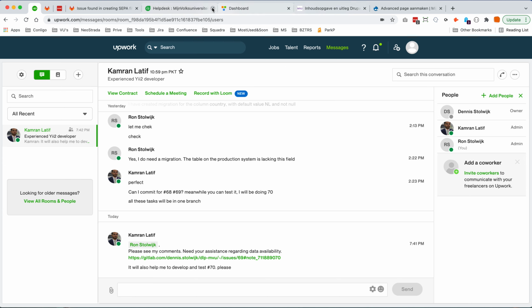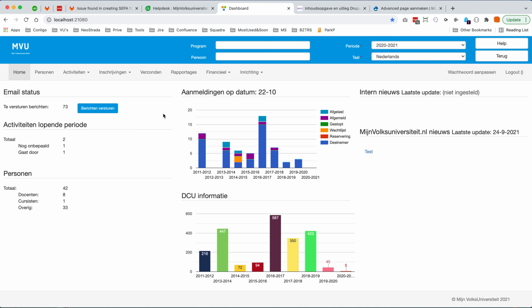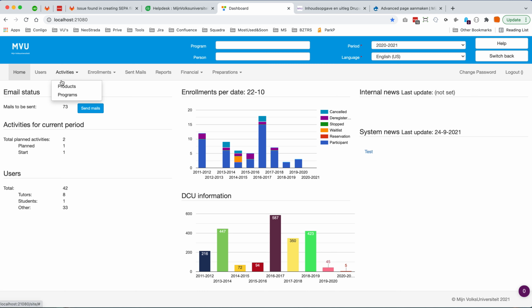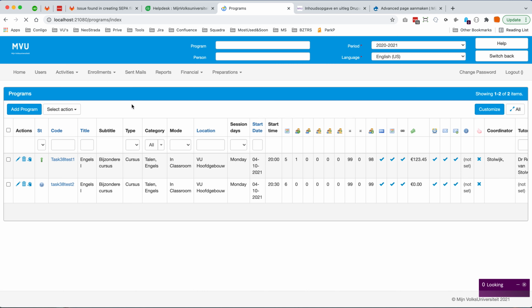Okay, let's try to create an output for the direct debits. I'm in the local host of my test environment, and there are a few things that need to be in place. First, I will show you the programs. I have two test programs here,